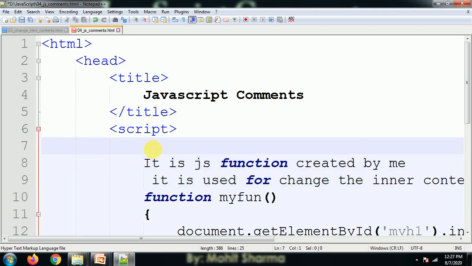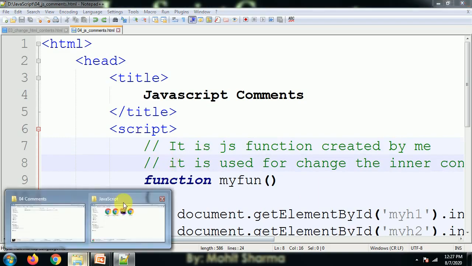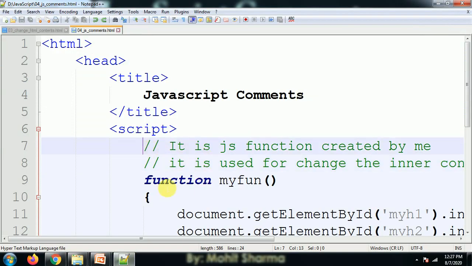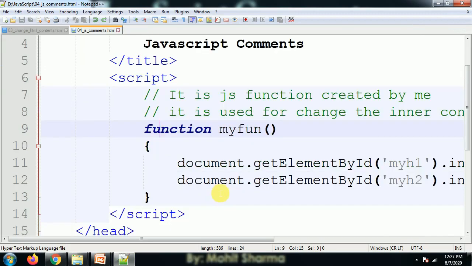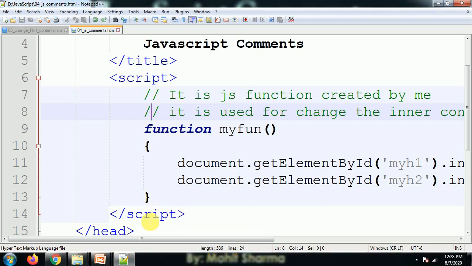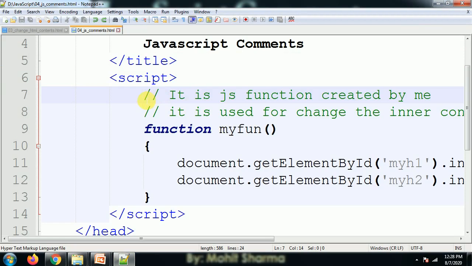First I will show you whether the single line comment message displays on the browser or not. So let's check it. I double click on the file, it opens, and you can see that there is no message regarding this. This is only for the end user. The end user is basically the developer, which I am right now, and after a month, after two months, after three months, if I want to use it, I can. So these are the single line comments. Here you see that it is not visible. It is only for coding purposes.